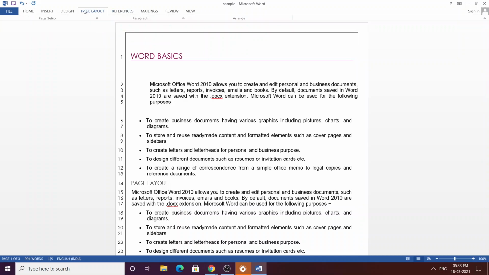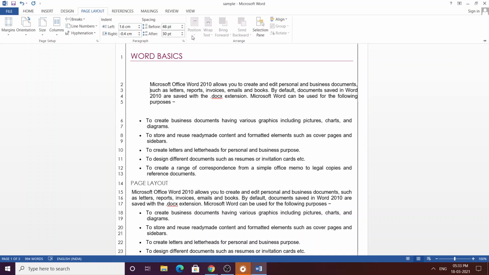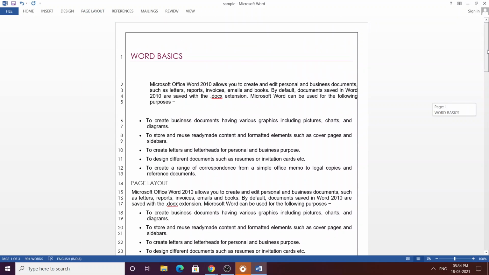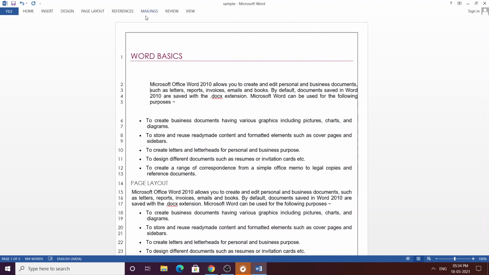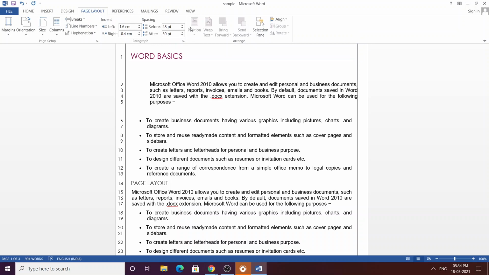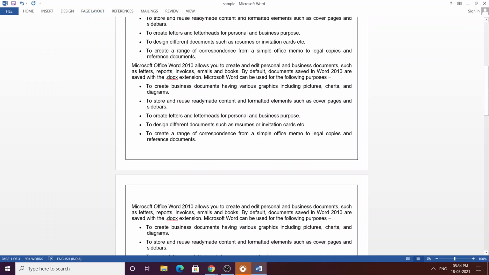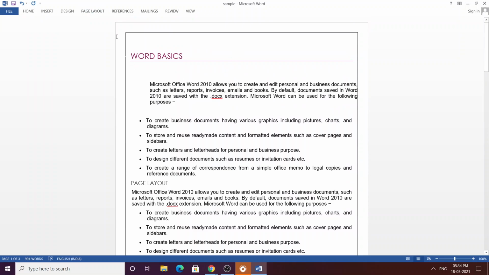The next option is arrange, but when you see it, it will be disabled. It can be applied only to shapes, not for text. So if you want to insert any shapes into your document, then you can use these arrange options for formatting the shapes. For example, I'll make this line numbers none, and we can insert some shapes here first.